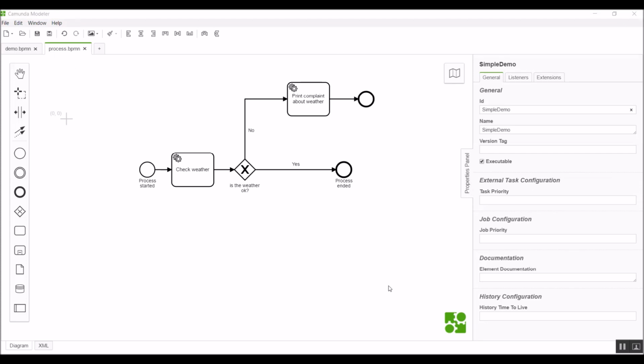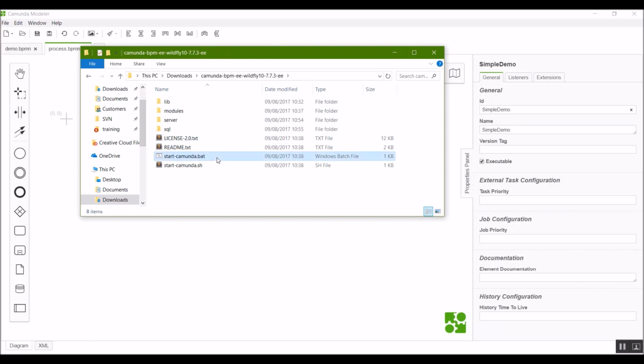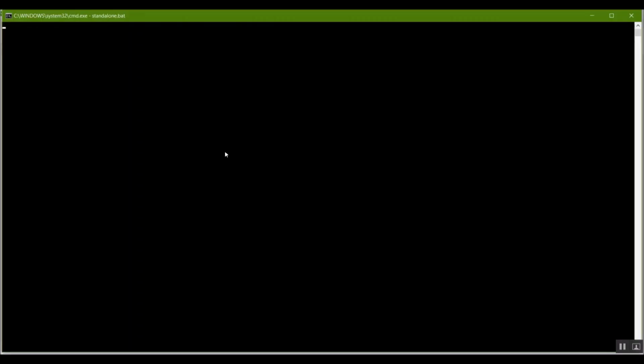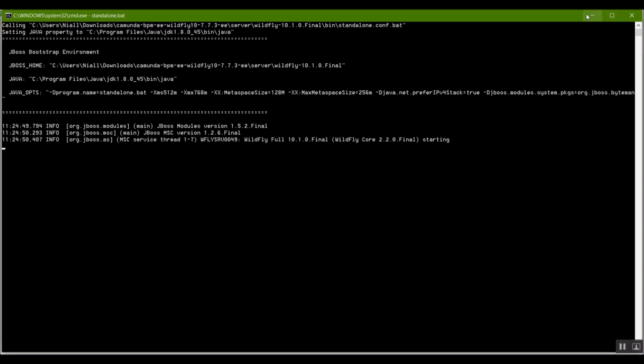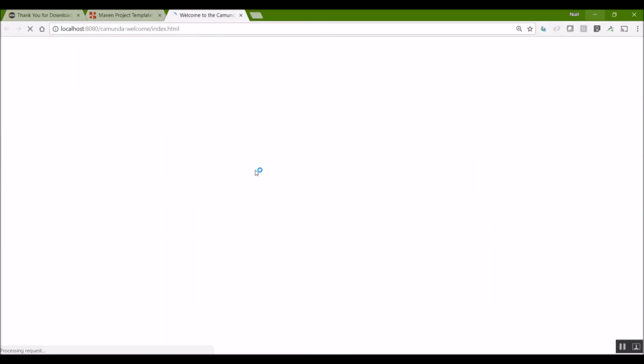This is actually a pretty good time to start up Camunda. If you followed the previous tutorial, you already have it downloaded and running. And just to let you know where to go, we downloaded it in downloads, open up the unzipped file, and either use startup.bat if you're using a Windows system, or startup.sh for Linux or Mac. So I'm going to start that up. So that's going to be doing stuff in the background and loading up the welcome page as before.